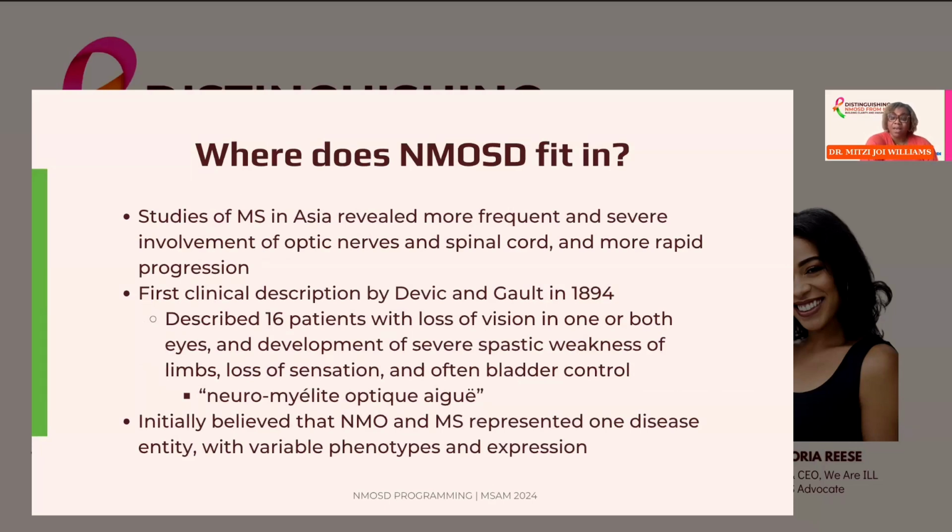There were studies of what we called MS in Asia, and they found that there was more involvement of the spinal cord. So people had more weakness and numbness, as well as vision problems, than with MS, and it also seemed to have more severe progression. This was first described in the 1890s, and we know MS was first described in the 1860s. I'm not going to try to pronounce that name or what they called it, but that's how we got neuromyelitis optica, from that very interesting name. Then it was thought to be one disease and part of MS, but as I said, eventually we came to realize that this was a distinct disease from MS.